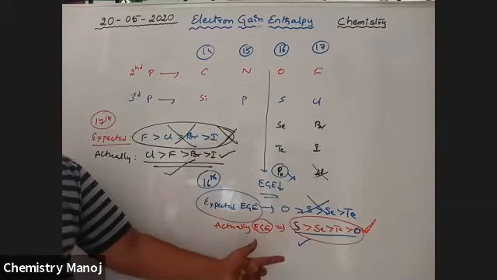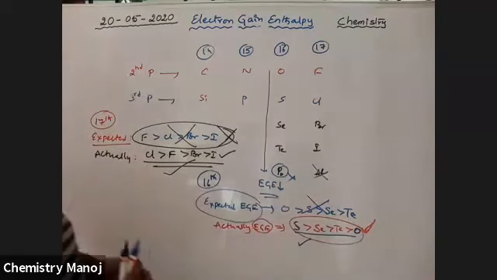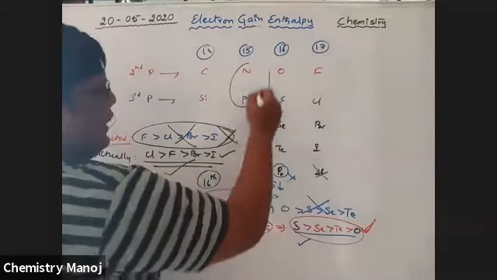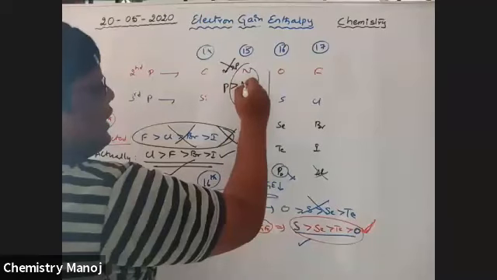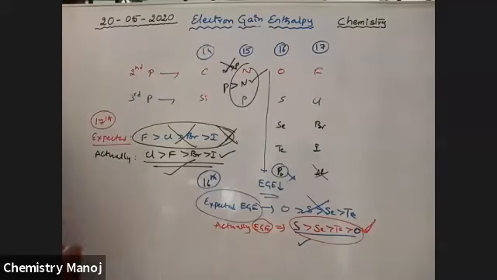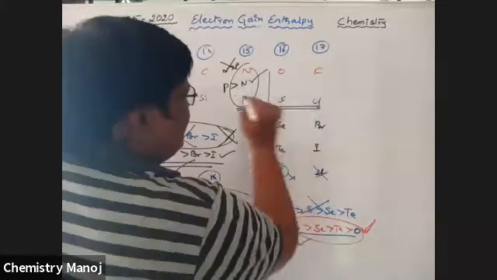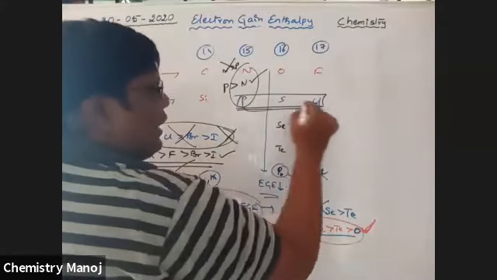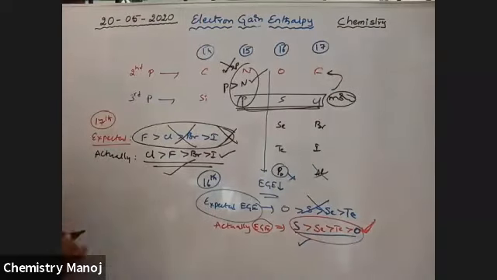For 16th group elements, sulfur greater than selenium greater than tellurium greater than oxygen. For 15th group elements, we expected nitrogen greater than phosphorus. Wrong. Phosphorus greater than nitrogen. It is correct. That means in the periodic table, in p-block elements, third period elements have more electron gain enthalpies than second period elements.